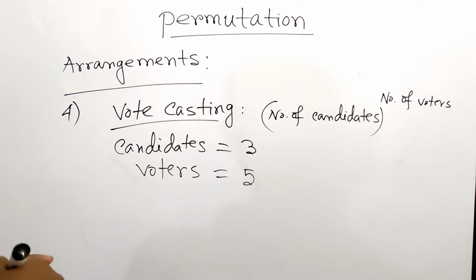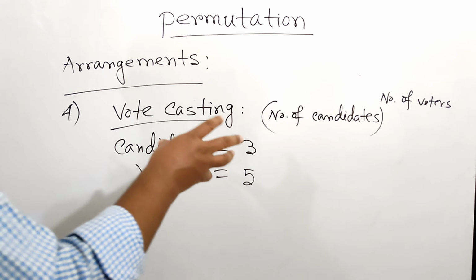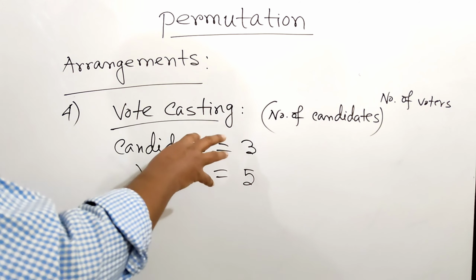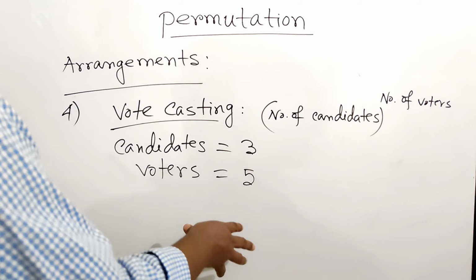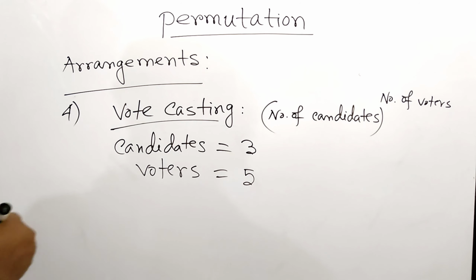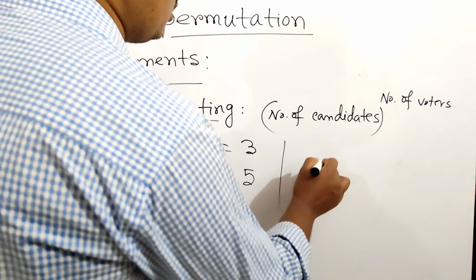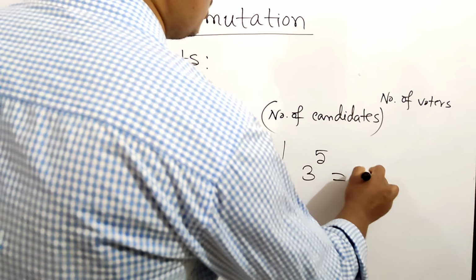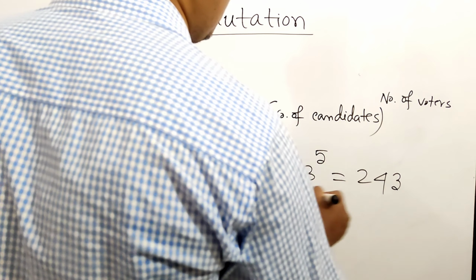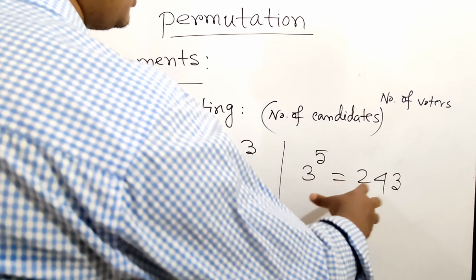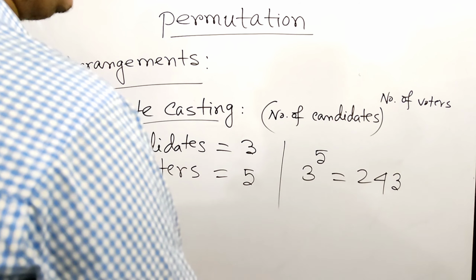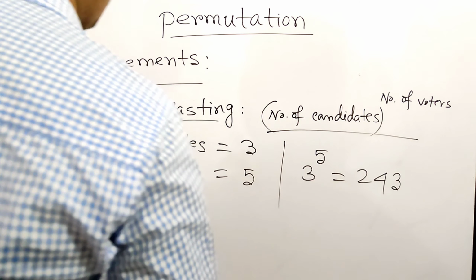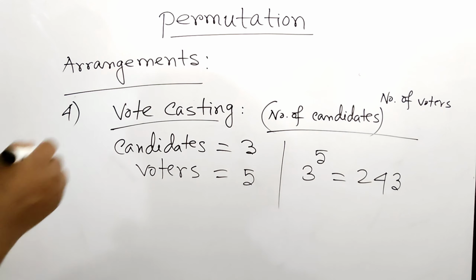If the question is how many ways 5 voters can vote for 3 candidates, it is so simple: 3 to the power 5, that is 243. That means if you multiply 3 five times, it will be 243. I think this is so simple if you can memorize this formula. So another example of this,